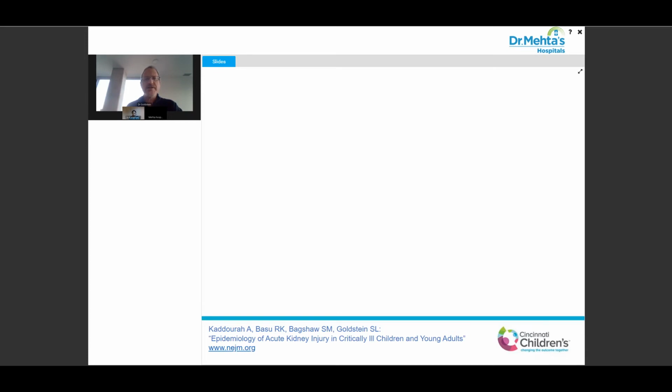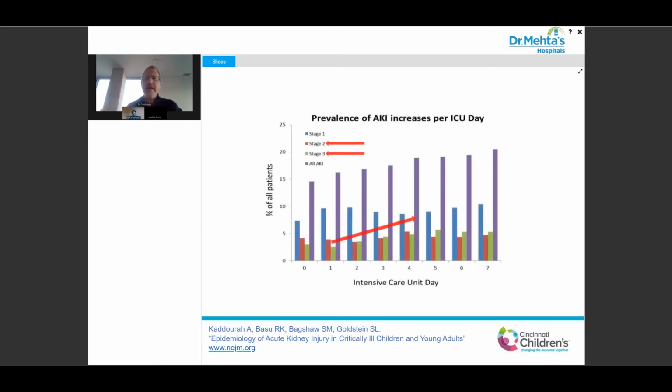What's also very interesting is that most of the AKI that occurred in AWARE occurred in the first 4 days. There was not much of an increase in AKI after that. So that is why we're now focusing on biomarkers and risk stratification systems to identify patients who are at risk for stage 2 or 3 AKI by day 2 or 3 and have it persistent on day 2 or 3, to see if we can improve outcomes.